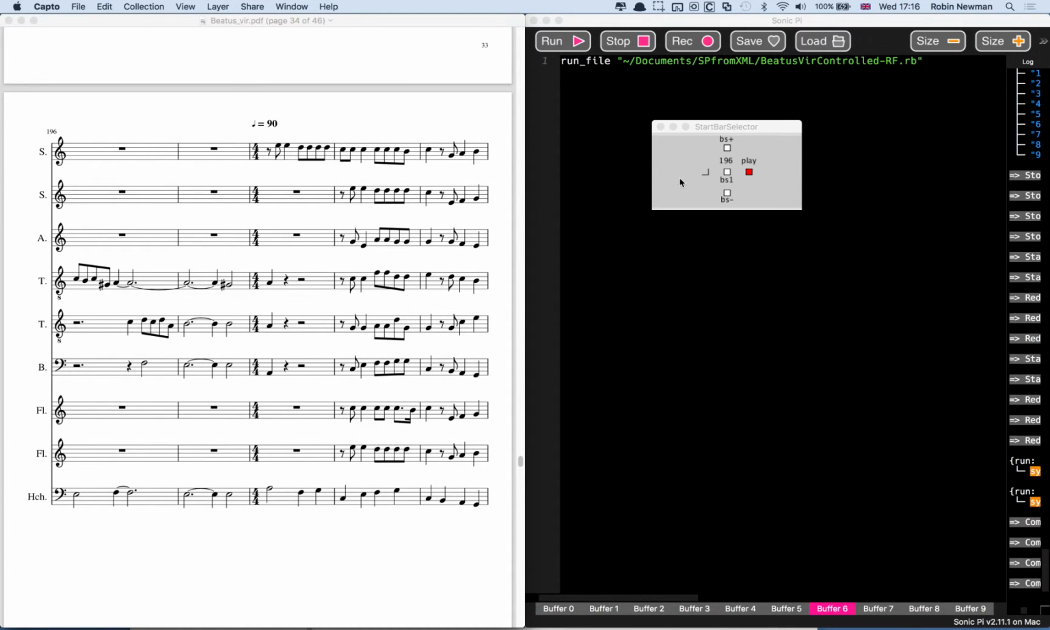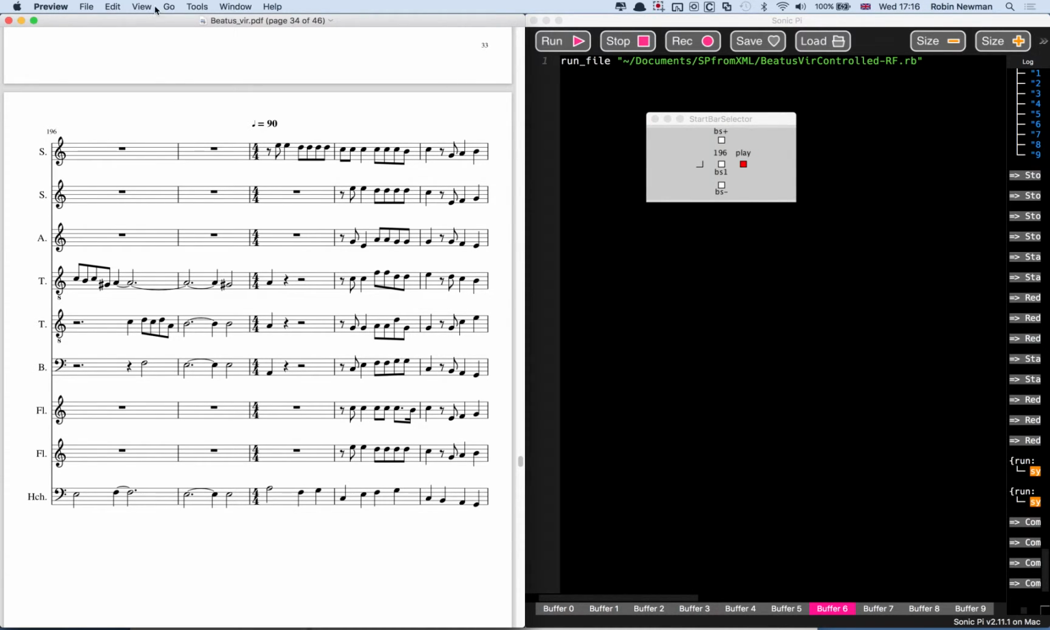In the second part of the video, we're going to look and see how we can set up Sonic Pi code so that it can be controlled by means of this start bar selector GUI. And to do that, we're going to look at a different piece. I'm just going to come over here and change the music from the Beata Sphere piece we've been looking